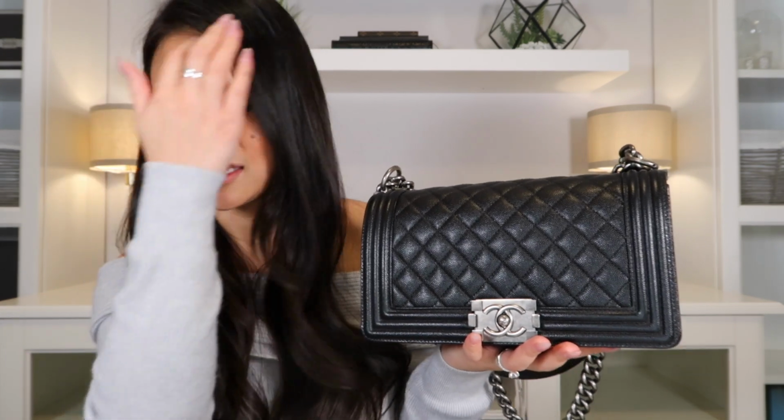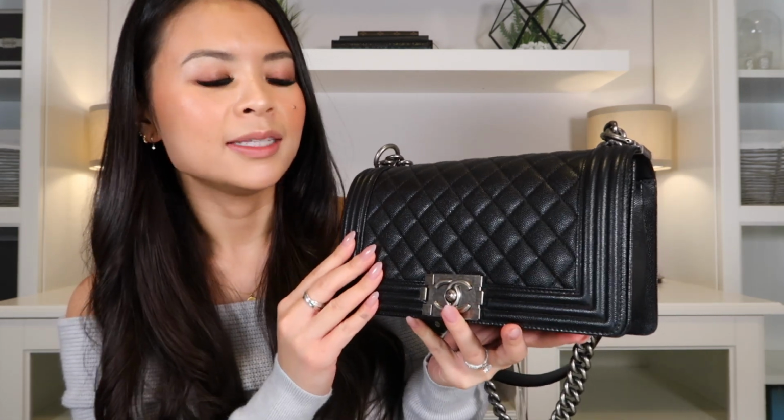Don't hate me on this. I love the classic flap. In fact, I wanted the small one before the price increases, but sometimes I find that it just gives me a little bit of an old lady vibe. So I liked that this one looked super modern, super edgy, but when I got it, I realized that after using it a few times for a few months,